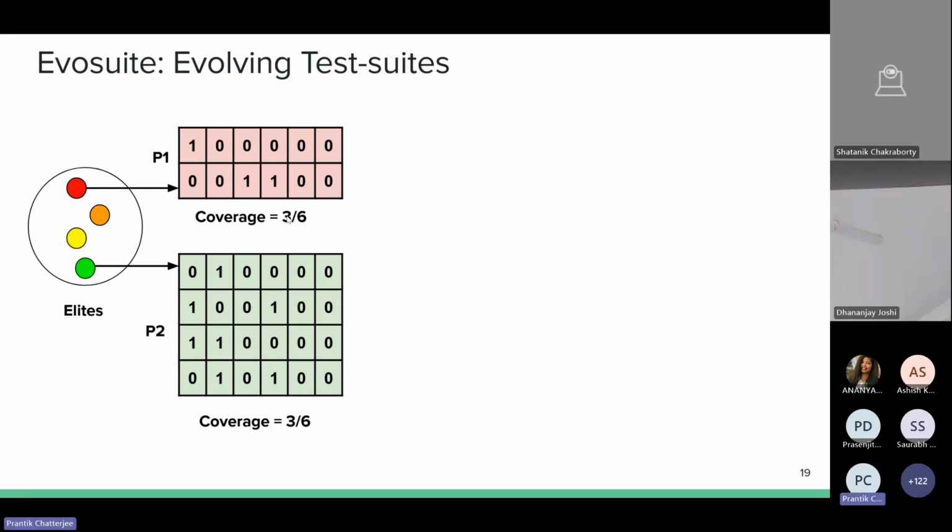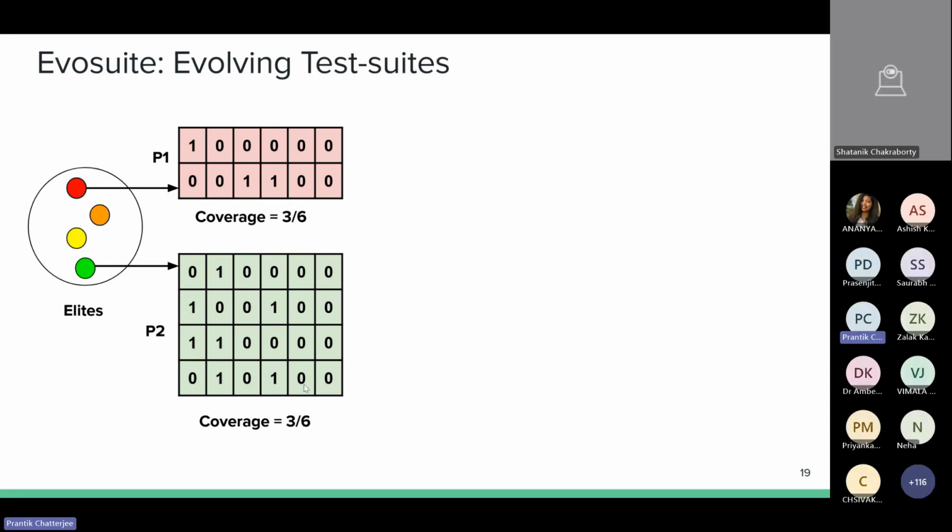In this case, if you want to measure, let's say, branch coverage, if we talk about programs in terms of branch granularity, then your coverage is 3/6, because there are 6 branches, and with these two inputs, you were able to exercise 3 of these branches. So coverage is 3 out of 6. Similarly, if you look at the second test suite, it contains 4 test cases, and you can see the coverage patterns.